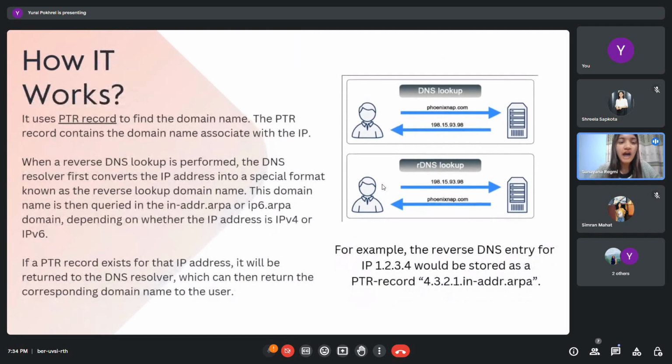So let's see how it works. Usually, PTR record, also known as pointer record, is used to perform reverse DNS lookup. While DNS records are stored under the given domain name, DNS PTR records are stored under the IP address with addition of